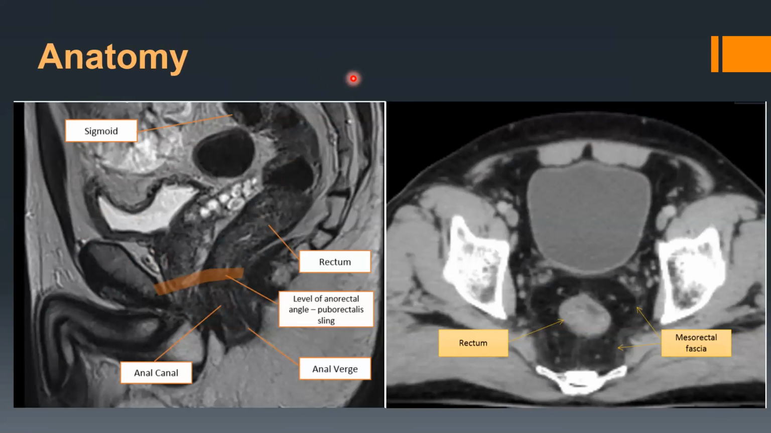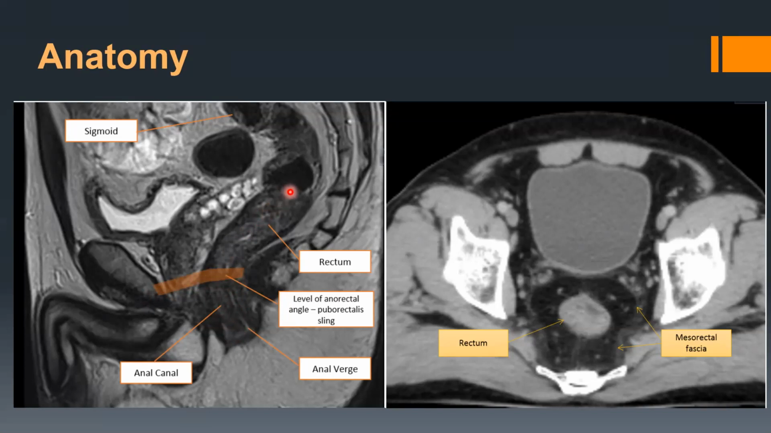So a very quick look at anatomy. Now, this is a sagittal section of the rectum on an MRI, on a T2 weighted MRI. As you can see, this is the rectum, it goes along the sacral hollow. And at this level where it turns is known as the anorectal angle formed by the puborectalis sling. And this is followed over here by the anal verge where the anus opens outside. So the area below the puborectalis sling is the anal canal, and the area above it is known as the